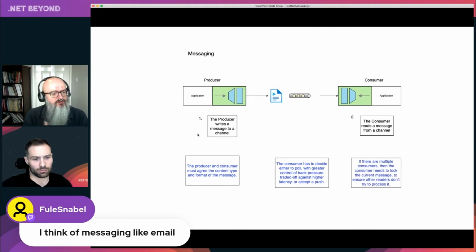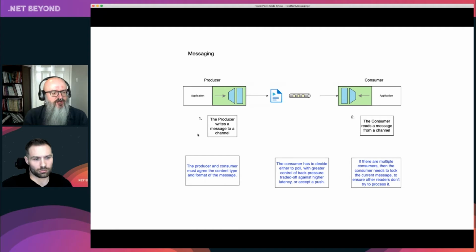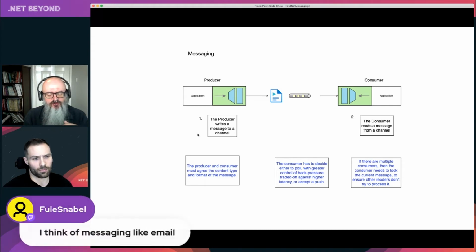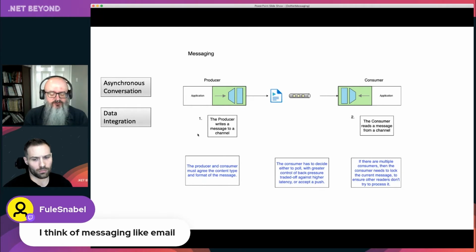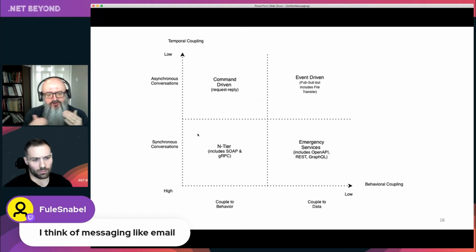And then we may also, as with file transfer, want the middleware to provide some means of saying, I want to scale this by having multiple consumers reading that. So can you lock messages that are already being read by somebody, etc. Messaging middleware, in some ways, you can think of as solving a lot of the problems that file transfer has, making a version of file transfer with all those little cases solved for you as you begin to scale it up. It's an asynchronous conversation. We integrate by data. I'm sending data across the wire.